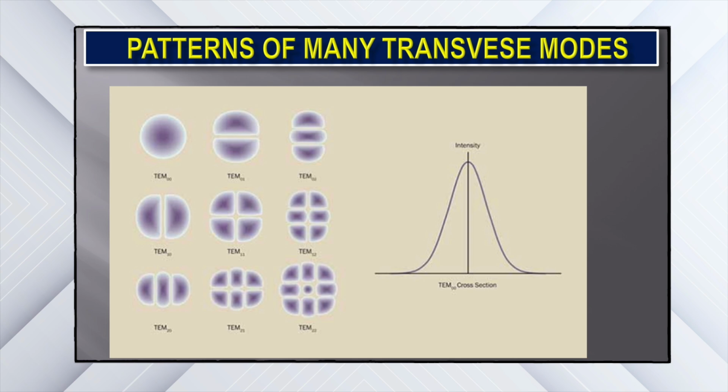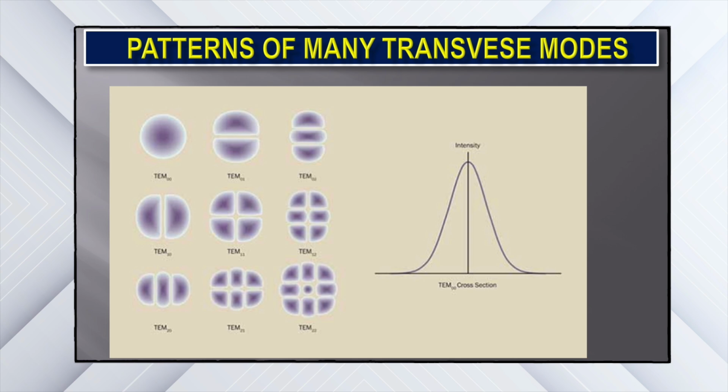Very often, we end up with multi-transverse mode operation, and they are represented by this diagram. Suppose you have a very carefully designed single transverse mode laser action, the pattern will be something like the first one,